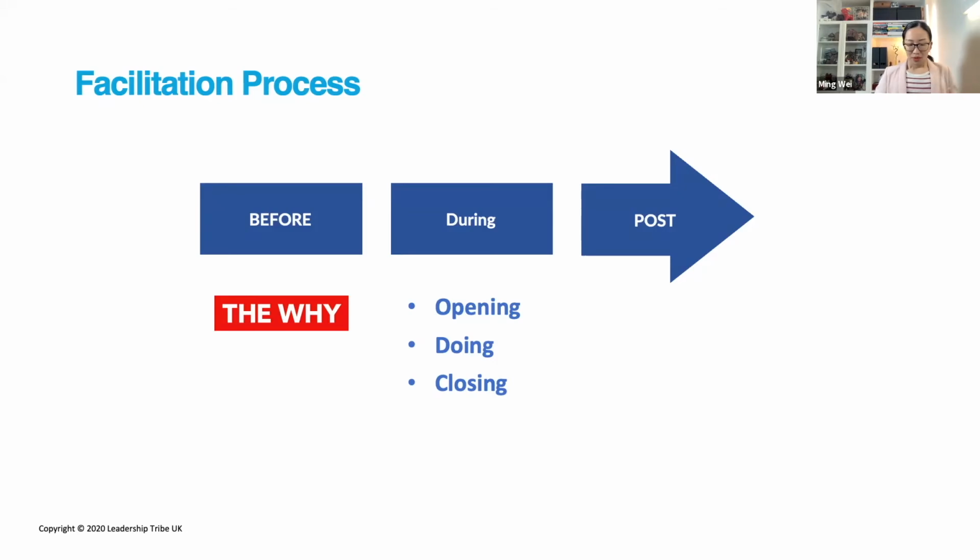And once we set up the scene and warm everyone up, now we are great. We have set the pitch high and we are going to work together in the session now. So we are actually doing the work. Facilitation is nothing but a process flow of constant diverge and converge. You can think about it as a diamond: diverge, converge, diverge, converge, diverge, converge. It's a flow of diamonds.